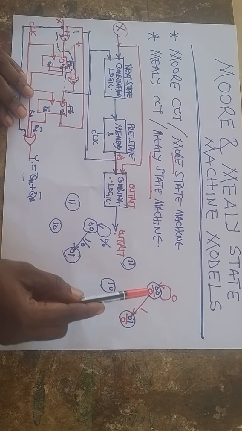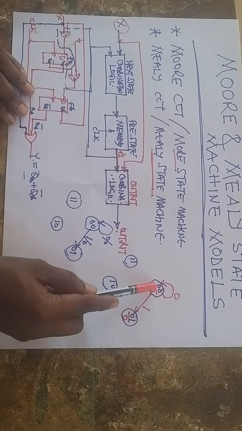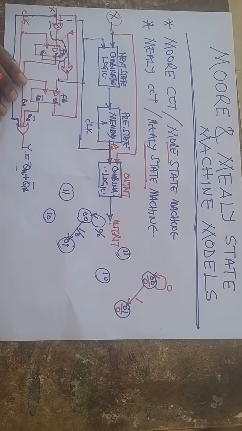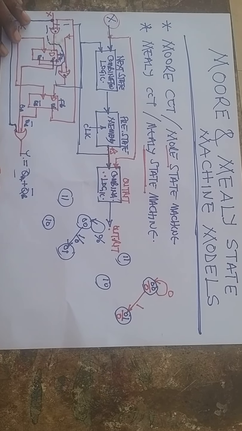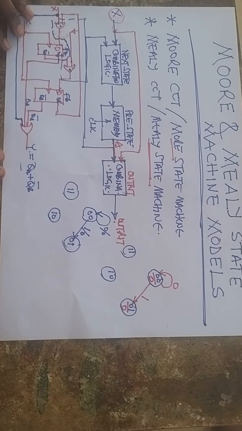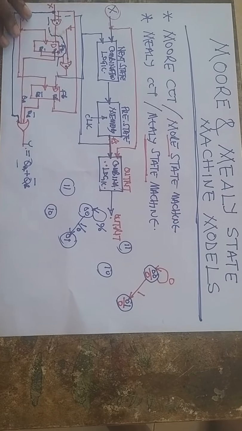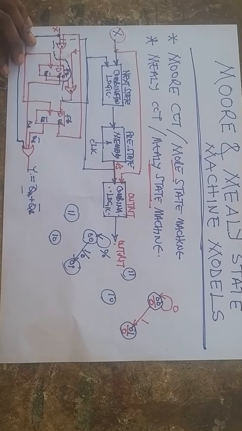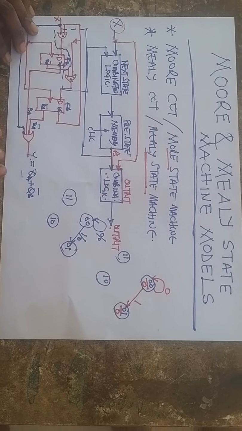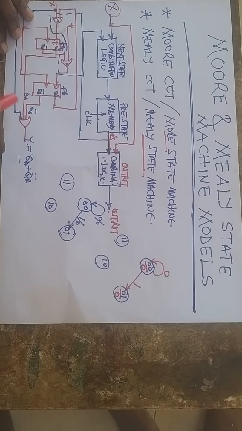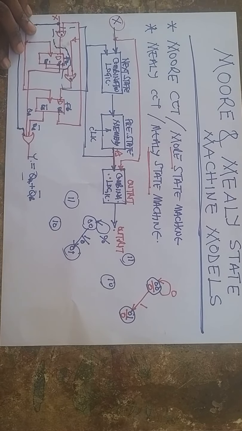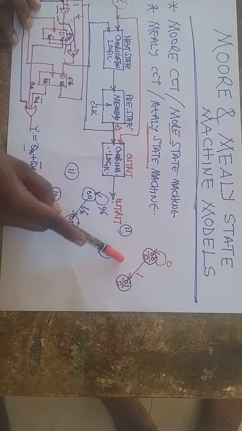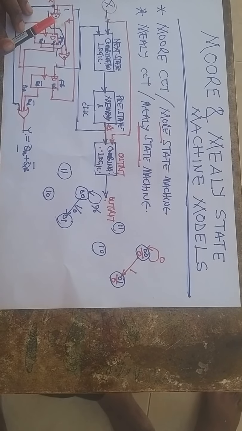While with Moore, you have the state and the output in the circle, and you have only the inputs on the transition. So these are the two models that we use in the design. Study it, and while we do the example, you will know which of the two we are using. Don't be confused. If you are dealing with a Mealy machine, then you follow this concept of state diagram, and if we are using the Moore machine, you follow this concept of state diagram.